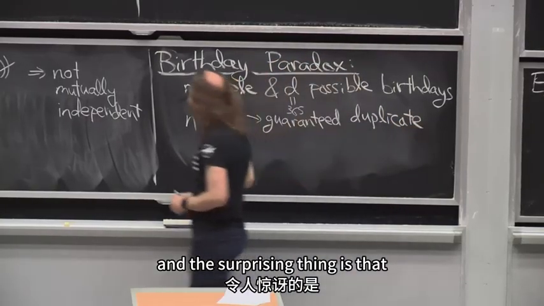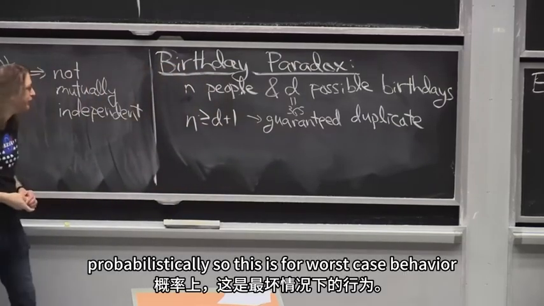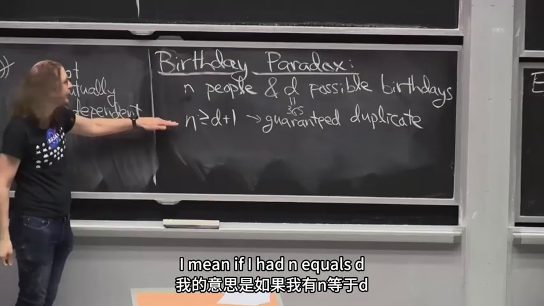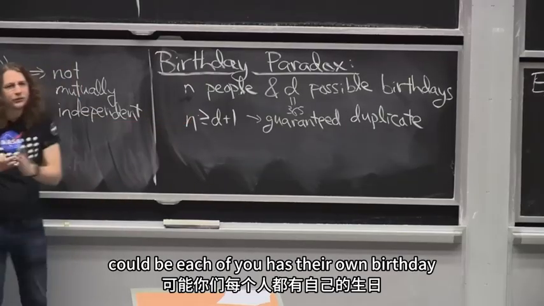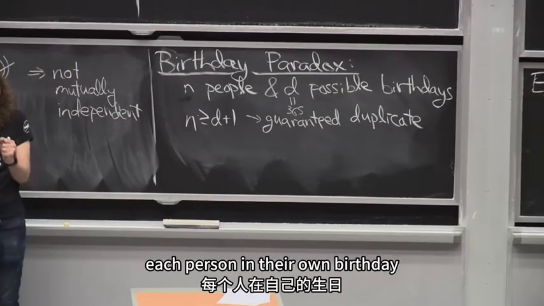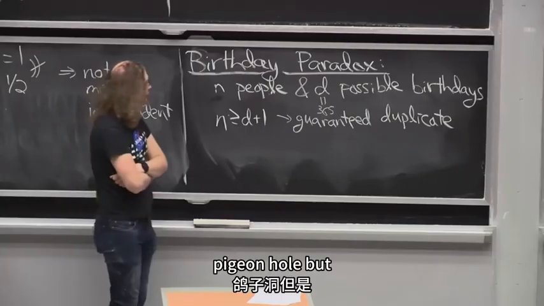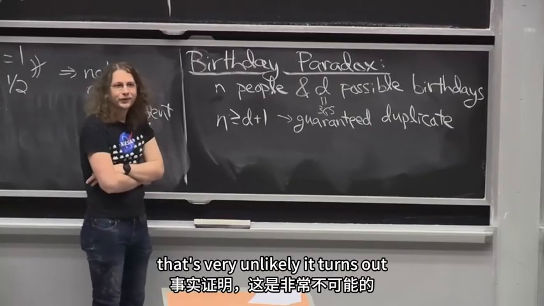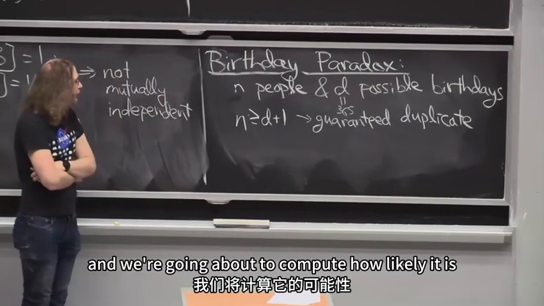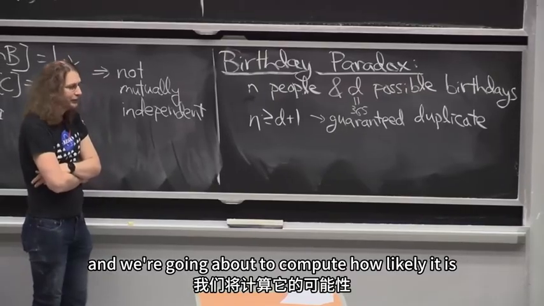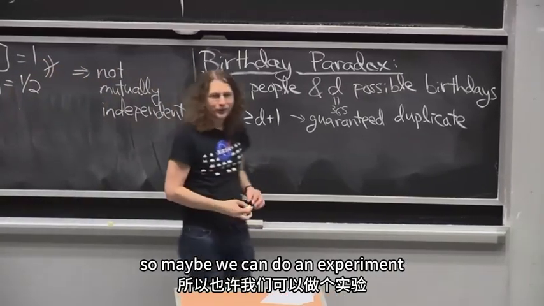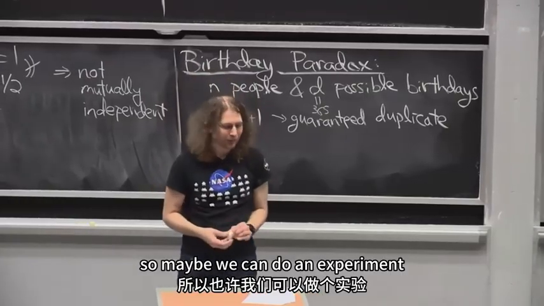And the surprising thing is that probabilistically, so this is for worst case behavior. I mean, if I had n equals d, each of you could have your own birthday, each person in their own birthday pigeonhole. But that's very unlikely, it turns out. And we're about to compute how likely it is. So maybe we can do an experiment,